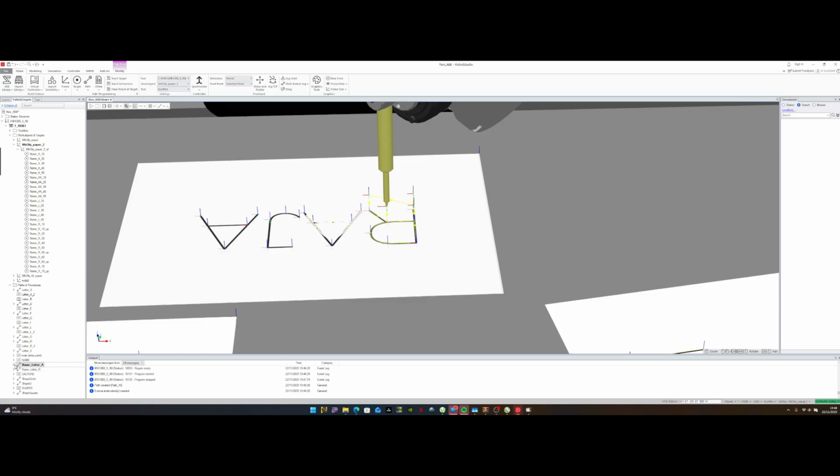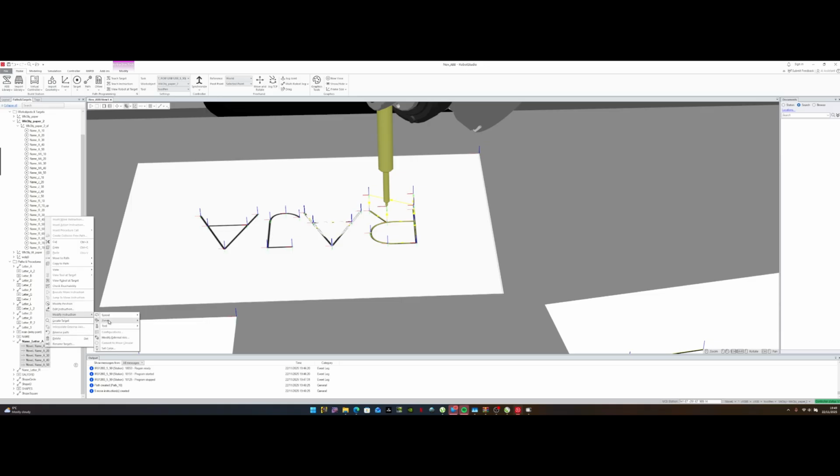So they've all been added to name letter A. Now it's all move L. So move L from here to here, move L from here to here, move L from here to here, and then move L back. Okay, we're just going to modify all the instructions to make sure that they are all